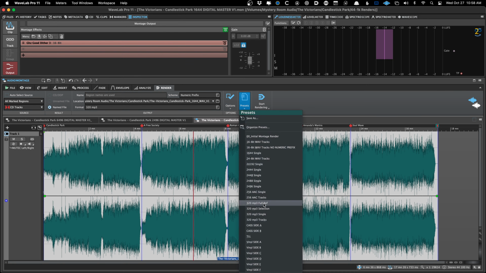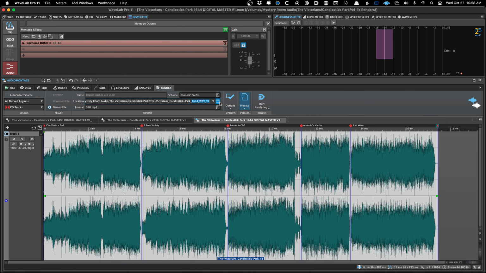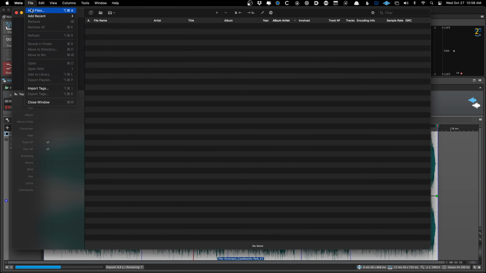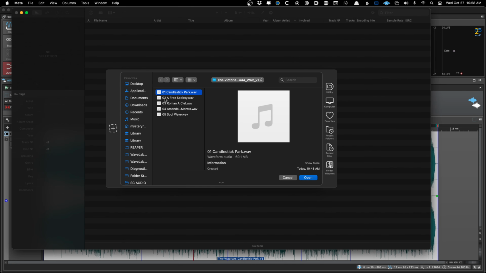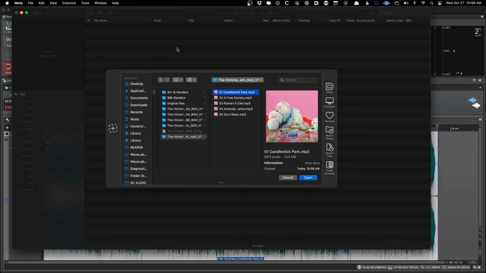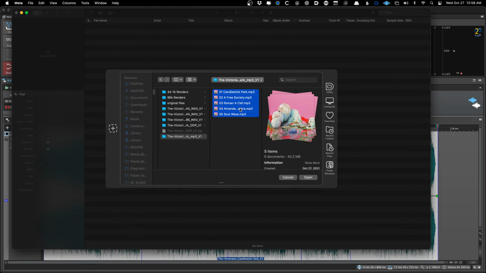So again, in the presets section, I'm going to choose MP3, 320 kilobits per second MP3 tracks. And I'm going to change this folder name to just MP3 version 1. Render that out. And now let's open up these in the Meta app and let's see what we see. As you can see, the Finder gives you a little preview of the artwork too, but when I open it up,